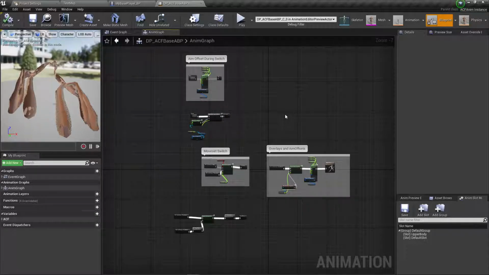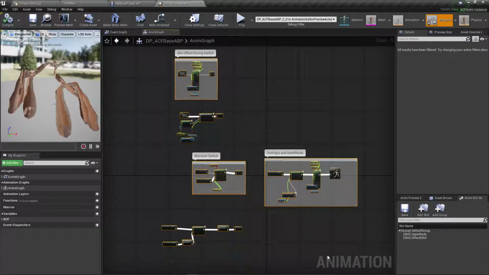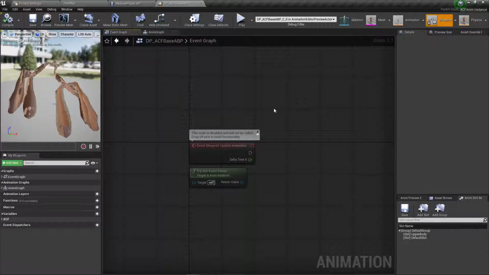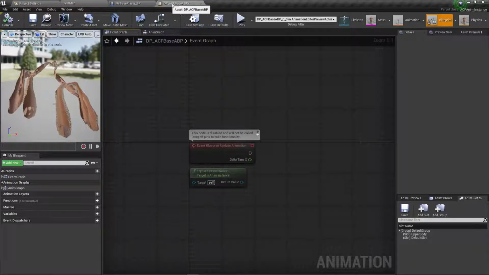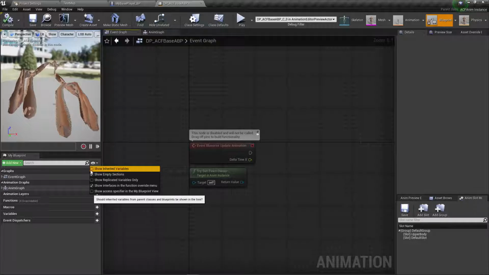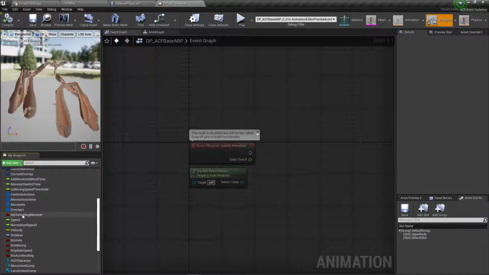Basically, when you create your own, the only thing you need to do, depending on how you do it, is copy everything into your own, and then it's okay. I'm going to show you, if you work inside the blueprints, for example your animation blueprint, and you're missing variables that come from the parent class, so inherited variables, you just go here, click and show inherited variables. Then you see it already lists them, and from here on you can just drag it in